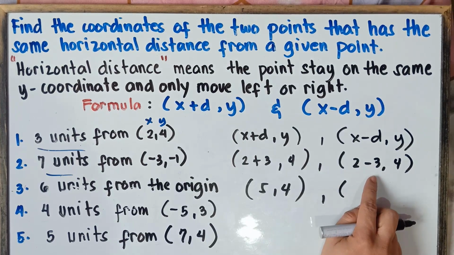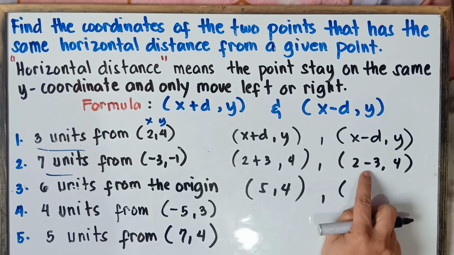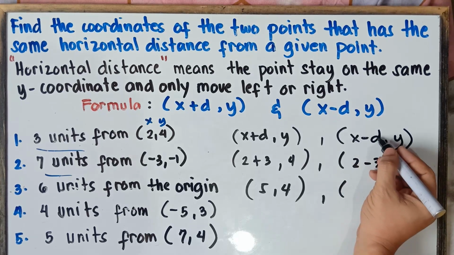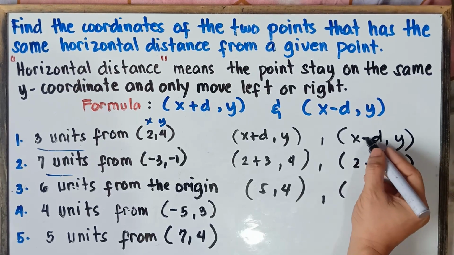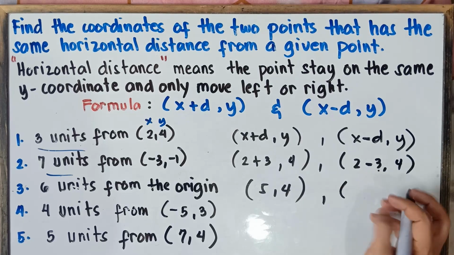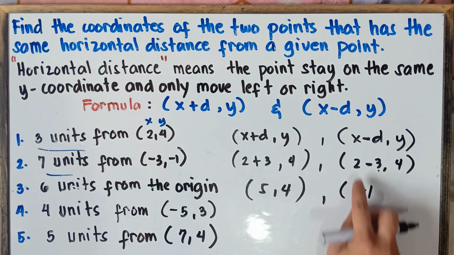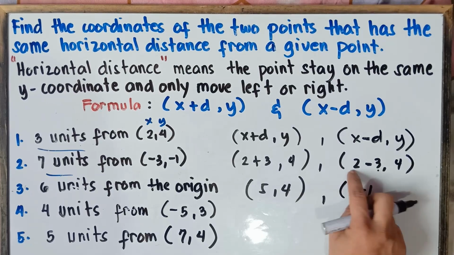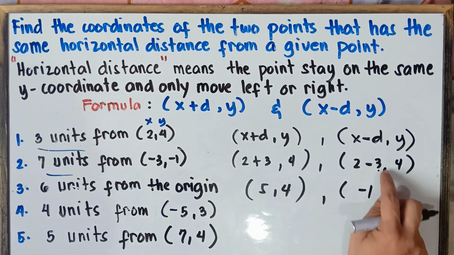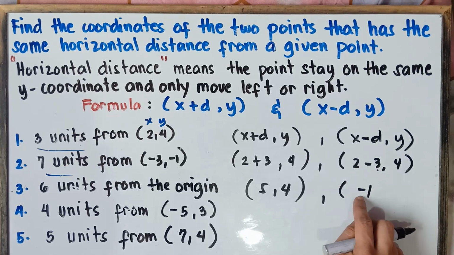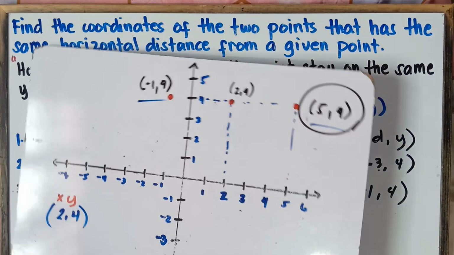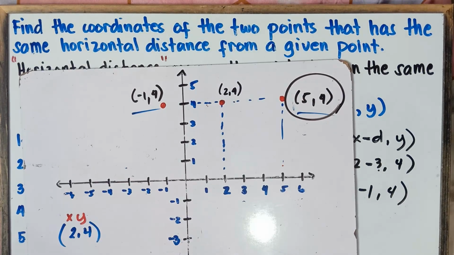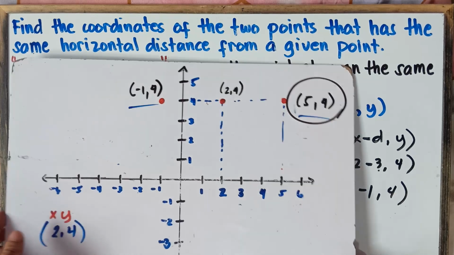Now, once again, class, you will be asking questions, sir, why do you have to negative? Because this is minus, class, x minus the distance. Once again, x minus the distance is 3, so copy minus sign, so 2 minus 3, that would be negative 1. Once again, class, unlike signs, positive 2, negative 3, subtract, 3 minus 2 is 1. Now, 3 is greater than 2, we copy the sign of 3. That would be negative 1, comma, and then 4. You will have the same answer, class, negative 1 and then 4. That's it, class, all set. That's the answer, class, with regards to example number 1.